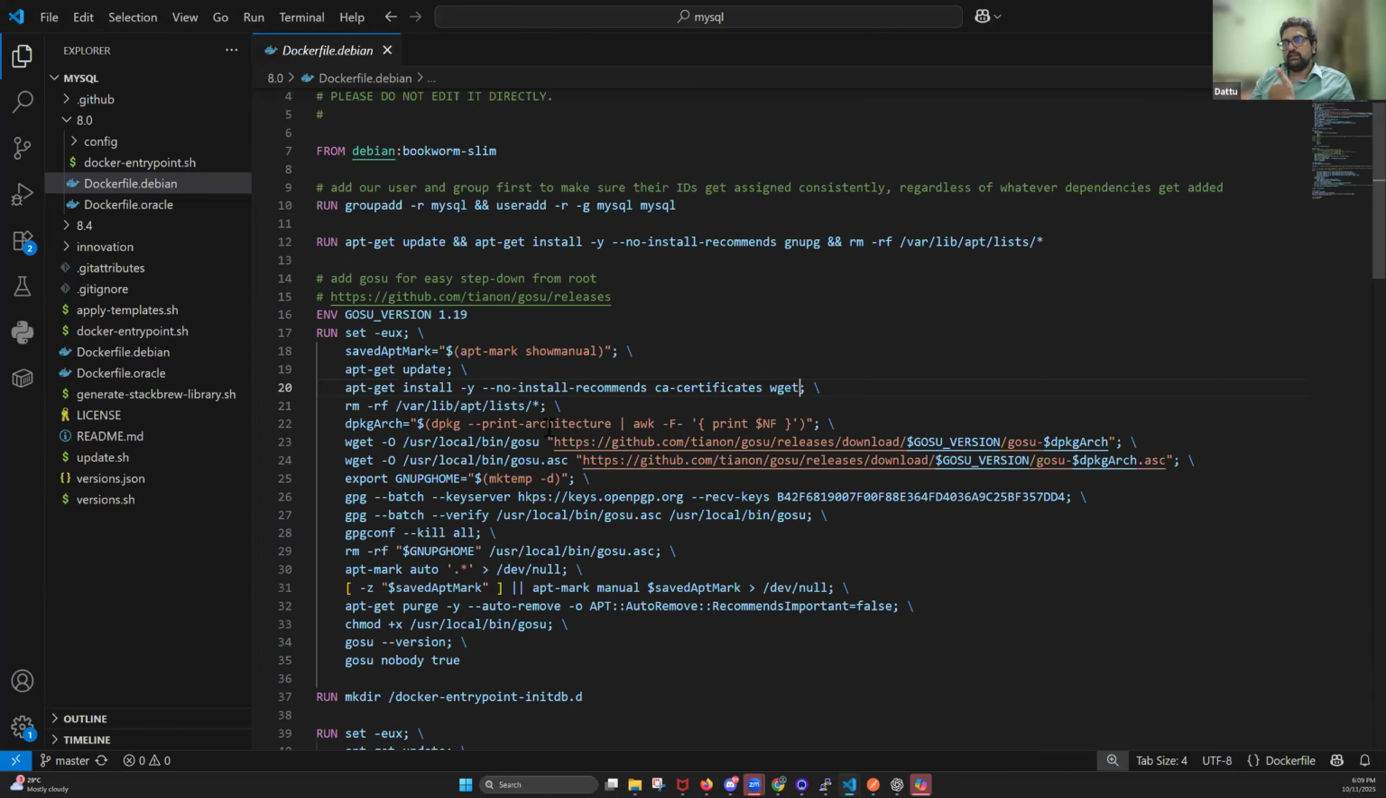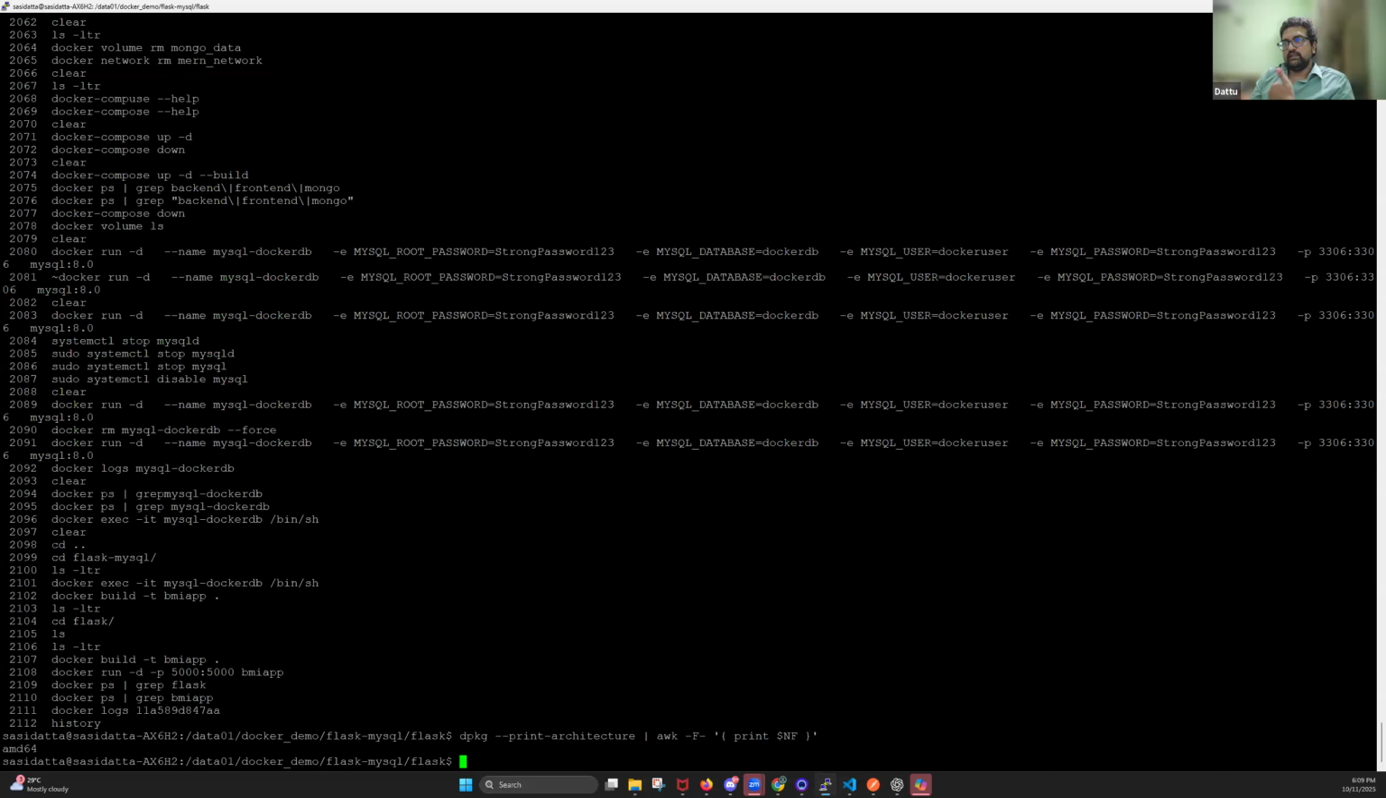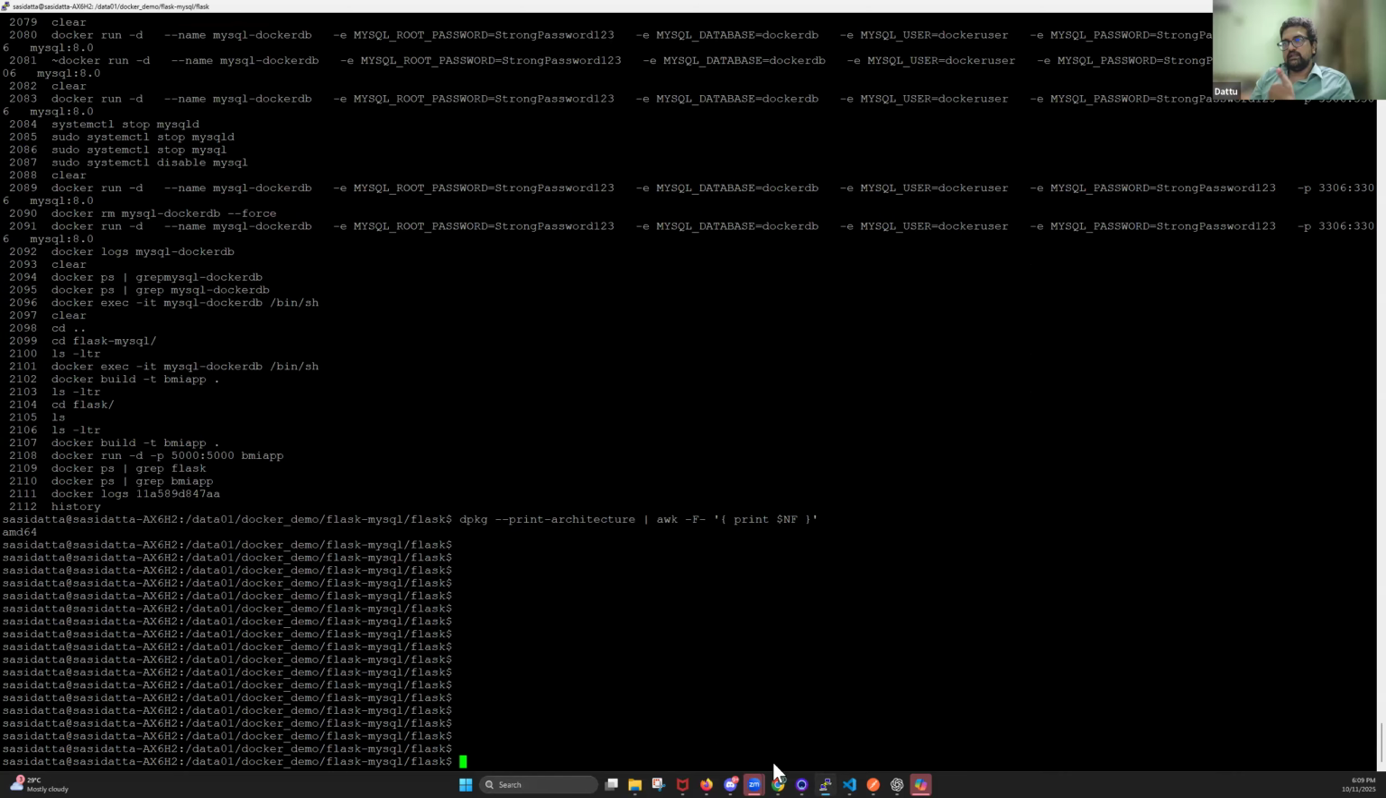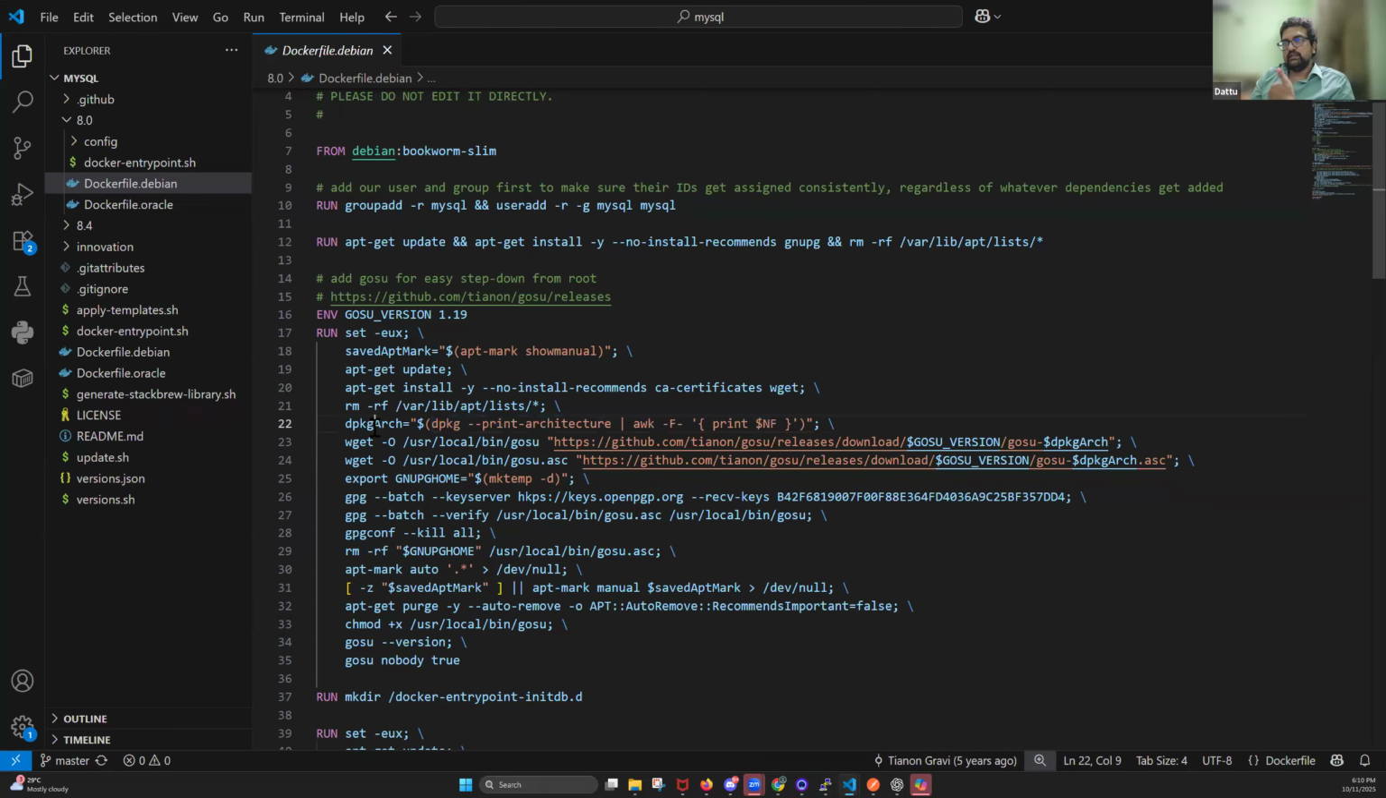They're cleaning the packages and dpkg architecture. What we are doing here is we are trying to get the architecture, the type of architecture of the VM it exists on. Let's go ahead and run this command. If you see, it says the package is ARM64. So based on the package, they're trying to download the right version. GitHub,